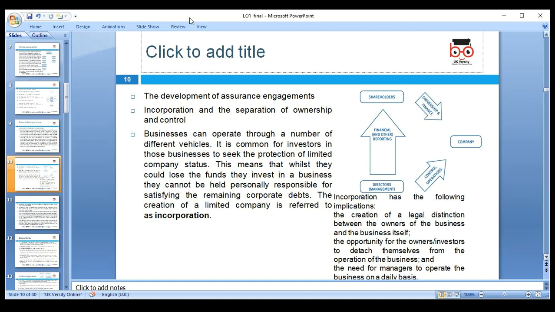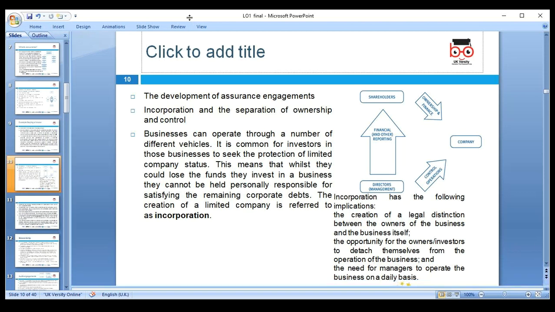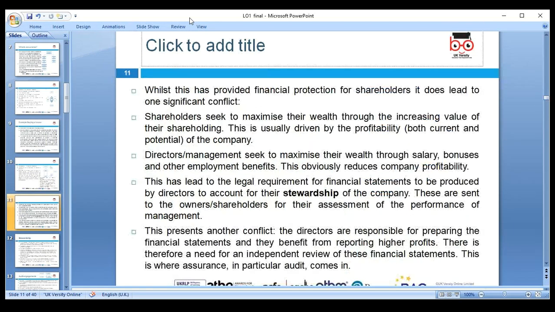Of course, we all know, we don't need to go into detail, but it has a separate legal entity. By definition, the organization is an artificial person, and it should treat other human beings and other stakeholders equally, looking at their interests as well. So that's the key we need to look at. Shareholders provide ownership and the finance; the company controls operations, financial and other reporting. So auditors can give the assurance on these.